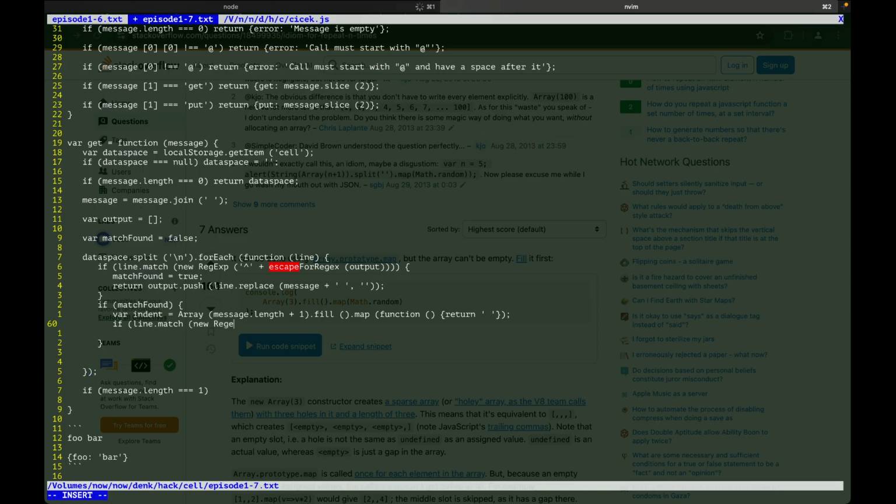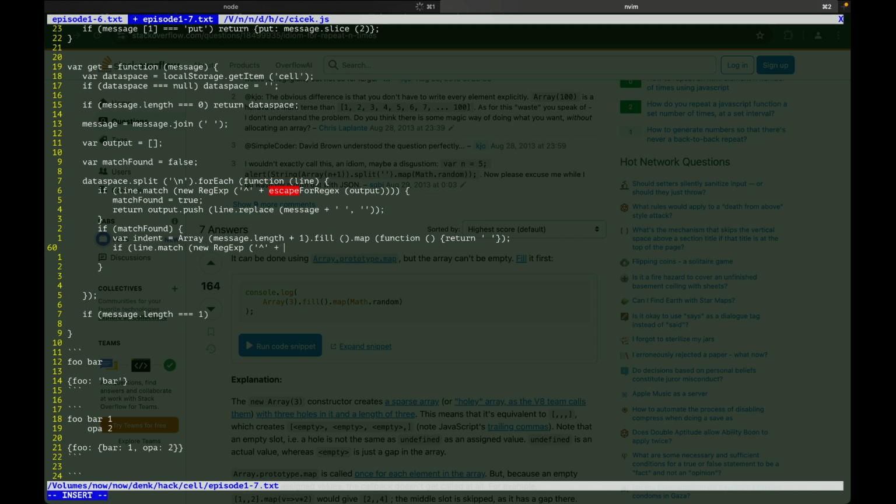new regular expression with the indent. You're working with someone who doesn't understand parsing when they're writing too many regular expressions. So that's me. I'm going to put the indent here. If it matches these, then we are home free. We just do the same thing. Return output push line replace message no indent